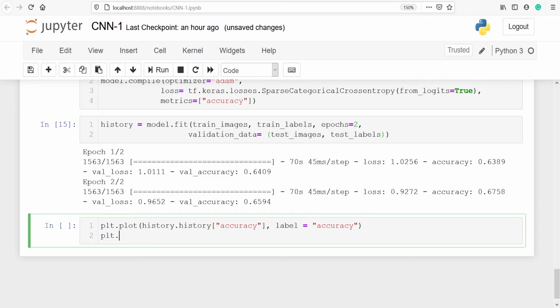Then from plt, we will plot history.history validation accuracy, and the label will be validation accuracy.